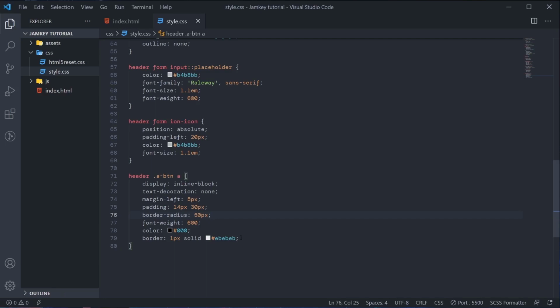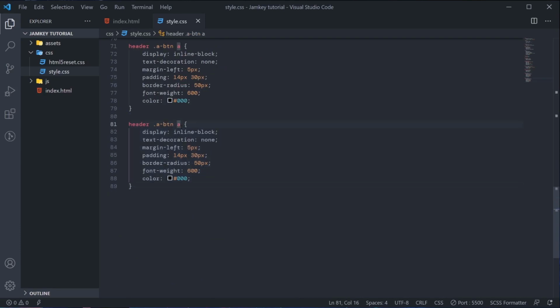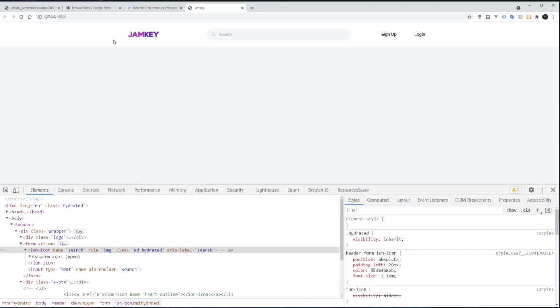So this code here, we just need to cut it, then we'll set it for the hover state of these buttons like this.